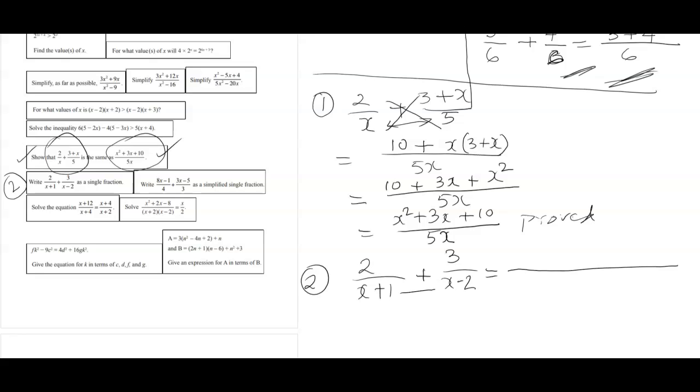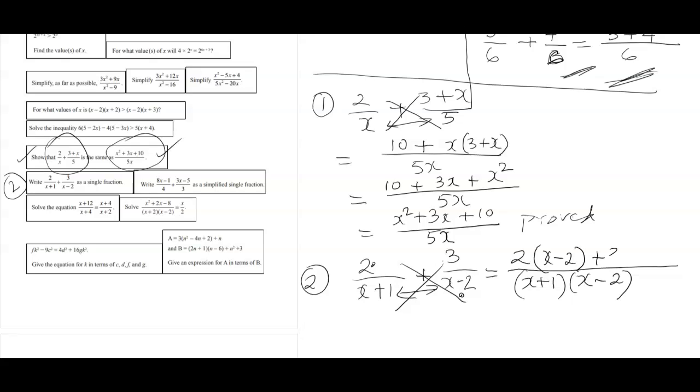Instead, I would follow a pretty simplistic process so that the young people remember it. So multiply these two, and then you cross multiply, so it'll give you 2 lots of x minus 2